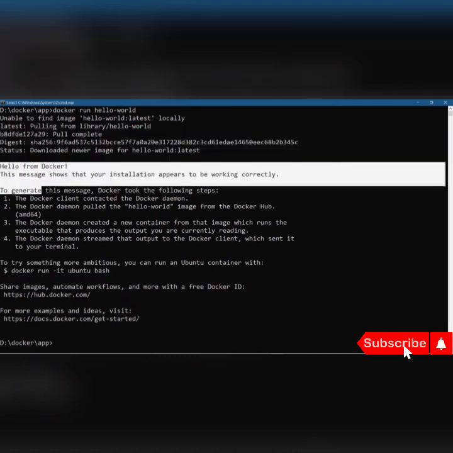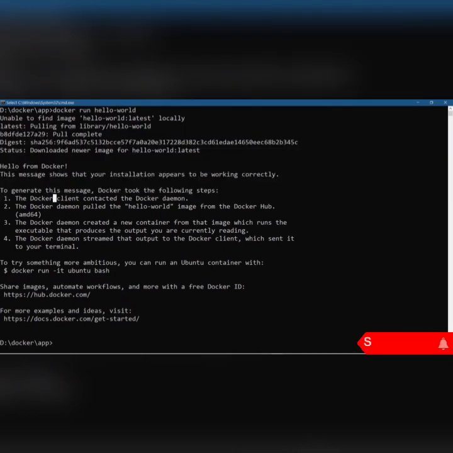This is the Docker client, where we wrote some commands. With the help of APIs, it communicated with the Docker server, or you can say the Docker daemon. Then the Docker daemon started all the container related processes, right? Pulling the Docker image, then creating the container from that particular image, and so on.